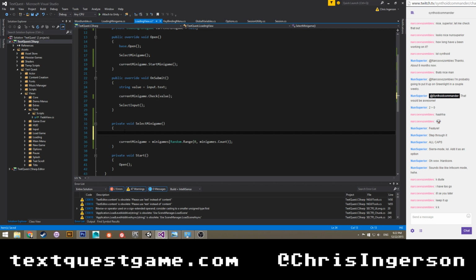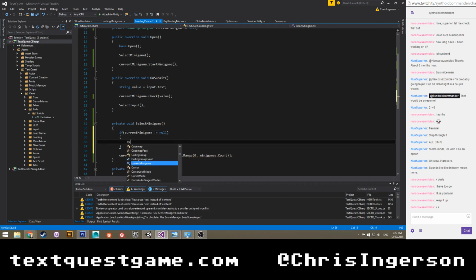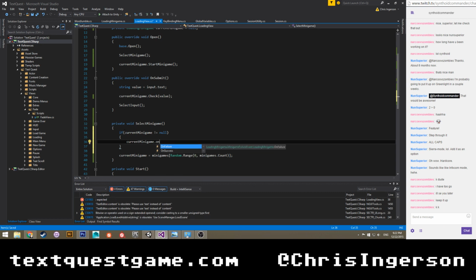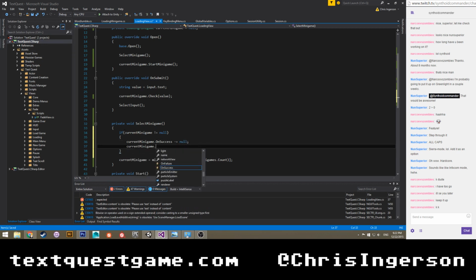Let's see. So we're going to say if current minigame not equal null, current minigame dot on success minus equals null for now, and current minigame dot on failure minus equals null.